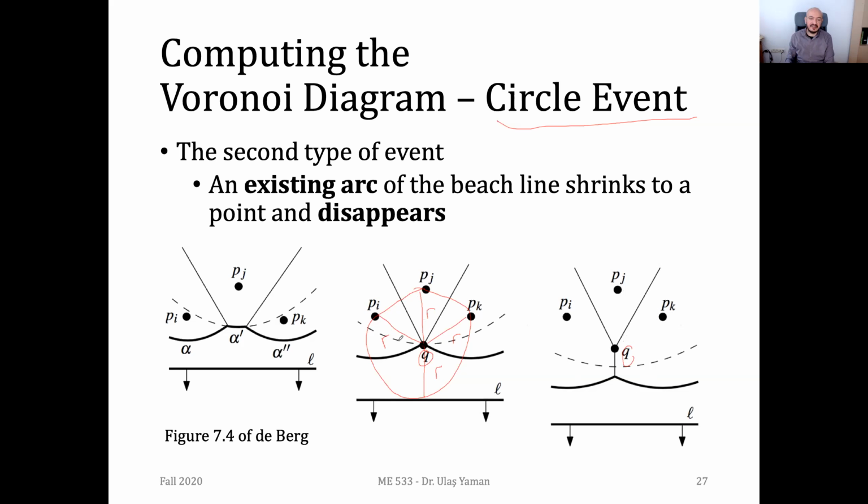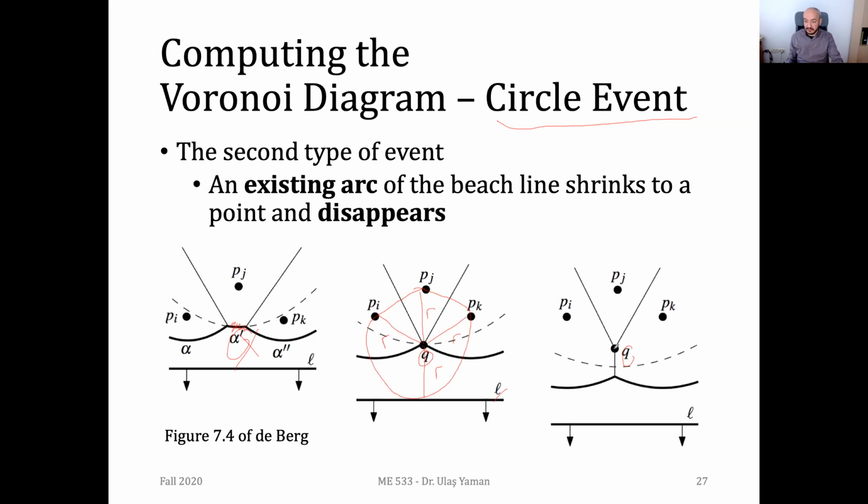We have another extra requirement. The radius of this circle should be the same as its distance to the sweeping line. So here it is true. So we can simply say that at this point, the arc here, alpha prime, will disappear, and we will have just a single